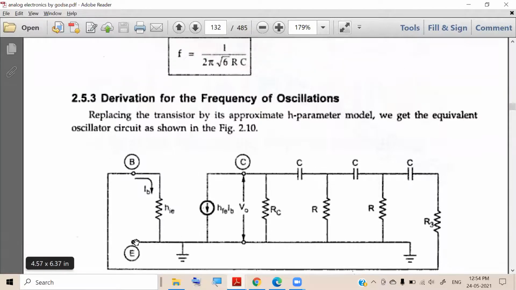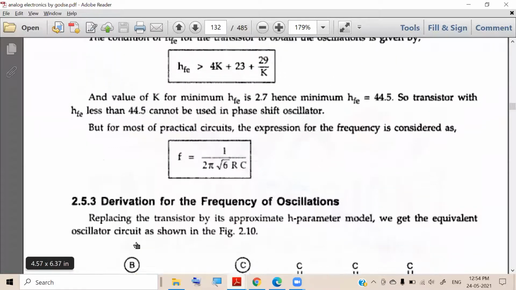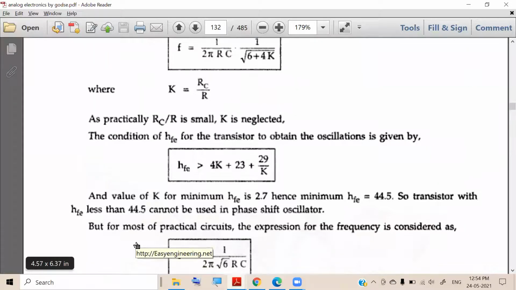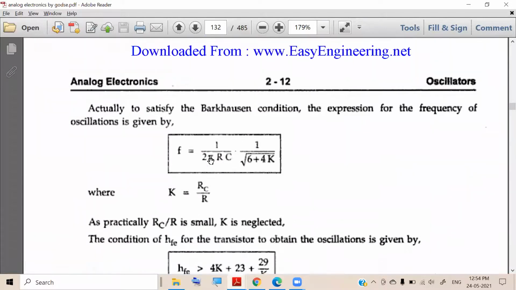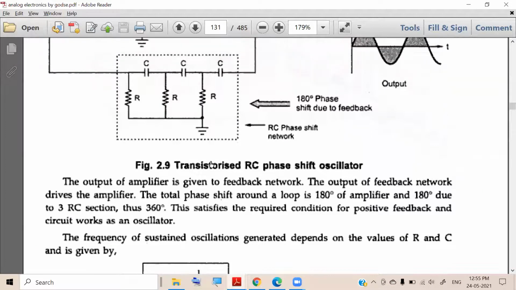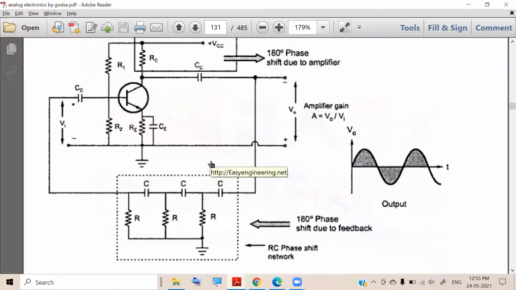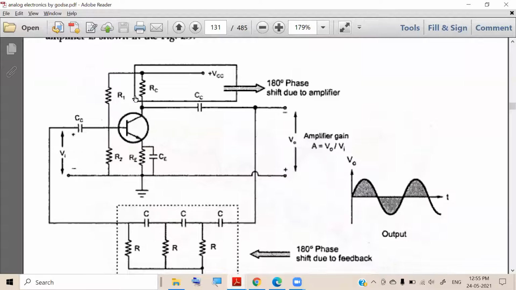Next, what we have at the output, we have the RC. Now here, when we consider AC equivalent, for any amplifier or oscillator, we have to consider the AC equivalent and proceed. Then this capacitor acts as a short circuit. Then RC, VCC replaced by ground.